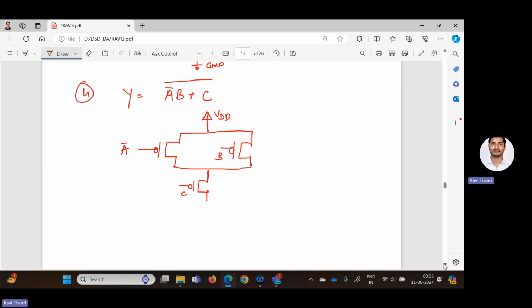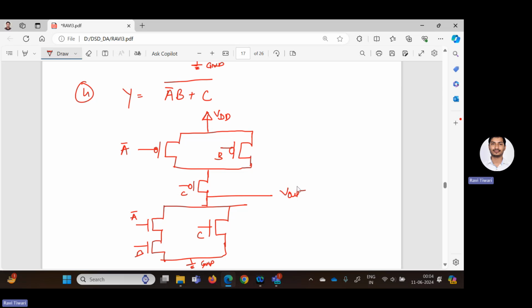Now we have to implement by using the NMOS. NMOS says that if they have the AND operation, they should be connected in series. That means we can connect it like this. This is the series operation of A bar and B, right? And plus, or operation, with C, that means it should be connected in parallel. So this is C. At the bottom, you need to connect to the ground. Okay. From the center, we have to take the output. This is okay. But